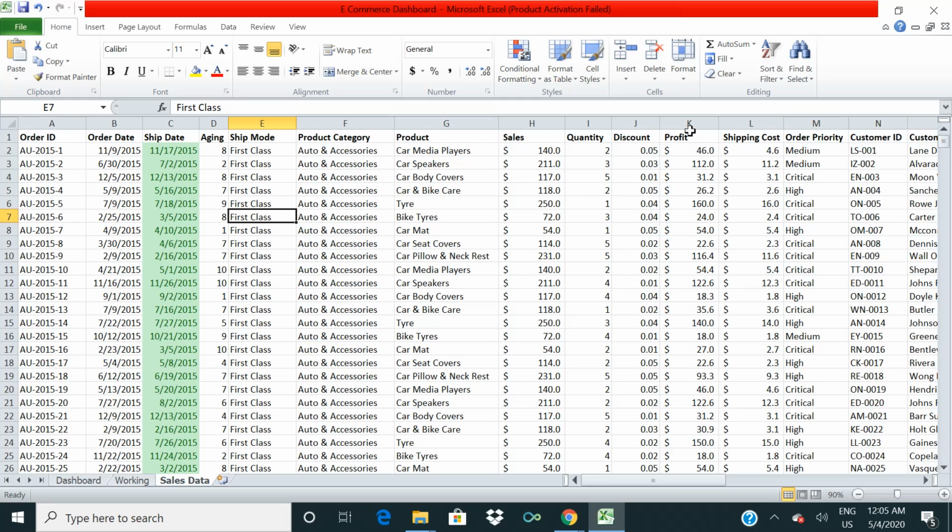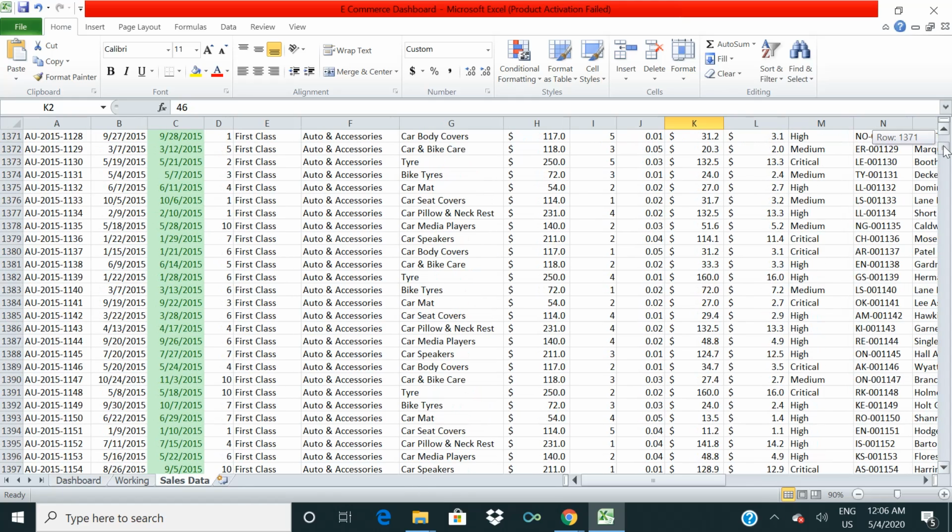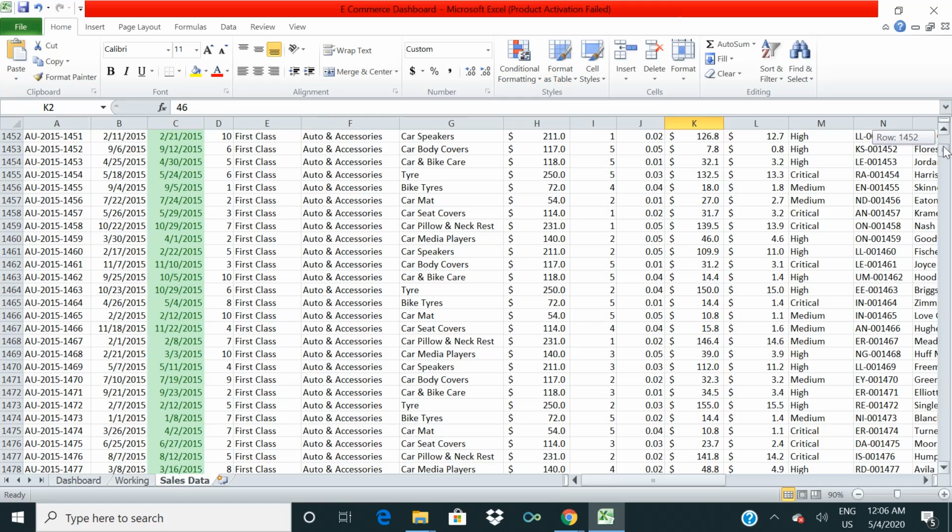Now I want to show one thing, conditional formatting on the profit column. So this is the profit column. Here you see we have a profit of $46 and then a profit of $112, a profit of $31, and like this. Mostly within 200 all the values are there, within 200 and less than 50.